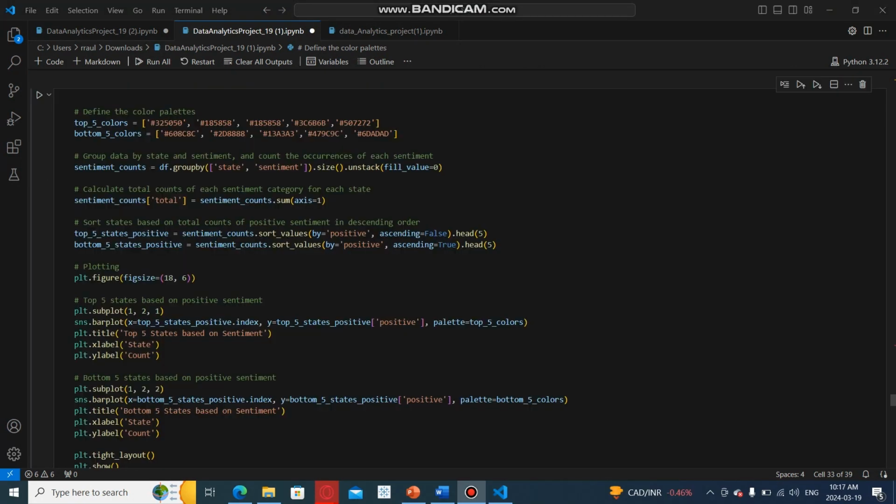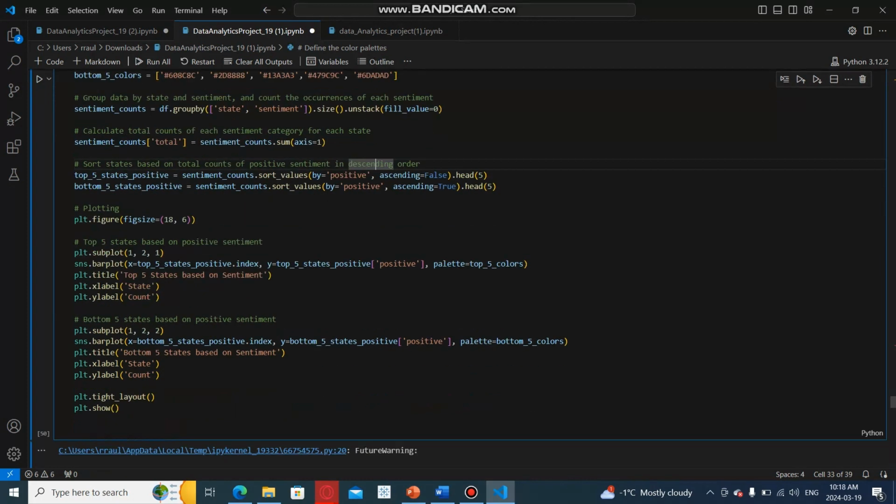Going forward, we wanted to show the top 5 and bottom 5 states based on the sentiment. We started by creating two lists of colors. The first, top 5, is for the top 5 states, and the second list, bottom 5, is for the bottom 5 states. After that, we grouped the data frame by the columns state and sentiment, counted the size of each group, and reshaped the result into a data frame where each row corresponds to a state and each column corresponds to a sentiment. Then we added a new column, total, to the data frame